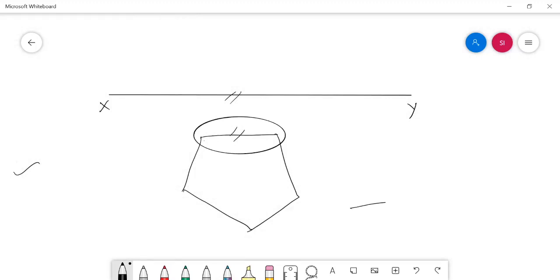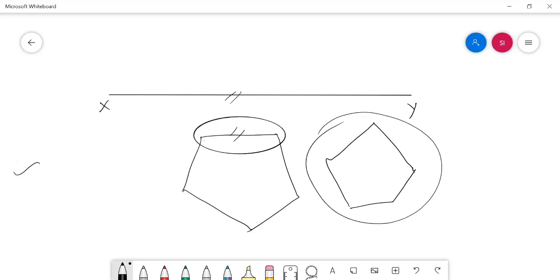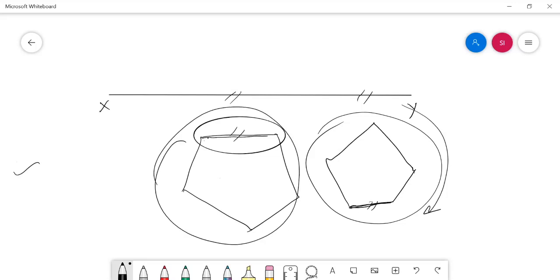This condition will avoid drawing like that. In this pentagonal base view also, one base edge is parallel to VP, but it's not nearer to VP, it's far away from VP. In this choice only, one base edge is parallel to VP and it's nearer to it. So in this way, we have to draw the base view of the solid.